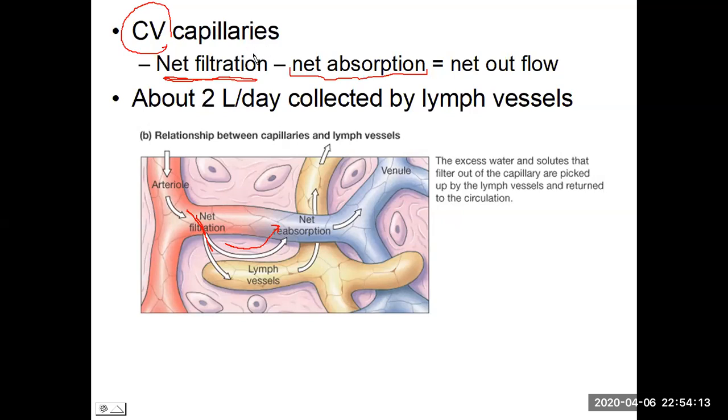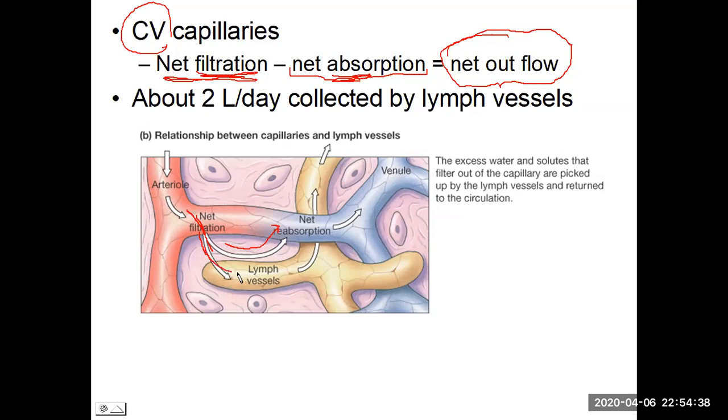But since there's an overall increased amount of filtration, less absorption, overall the capillaries are losing plasma. There's a net outflow. And again, the majority of that fluid that's filtered out of the cardiovascular system, the majority of that fluid